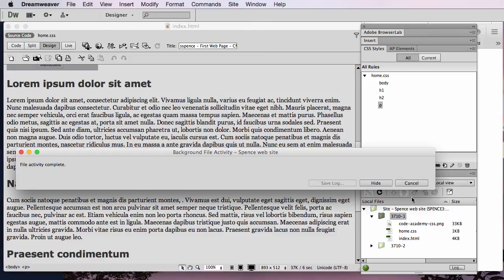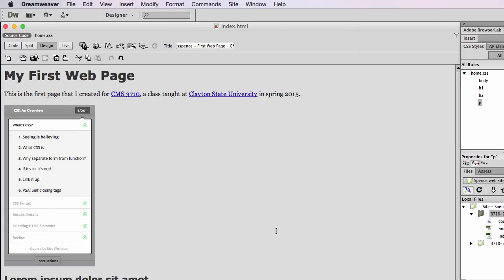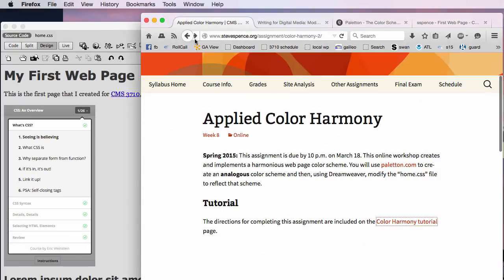But once I click that button, I'll get the background activity window, and from here, once I've uploaded everything, I can go to the web and actually test and make sure that the page has taken those changes. To test the changes once you've uploaded them, simply go back to your browser and then to any page in our